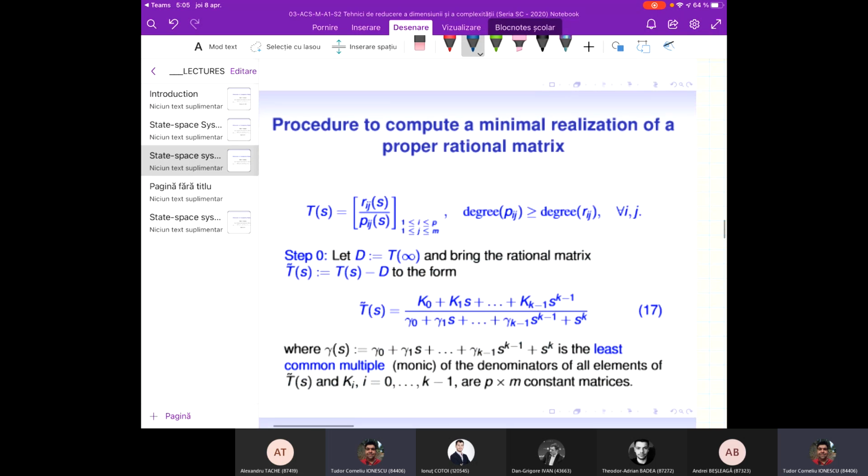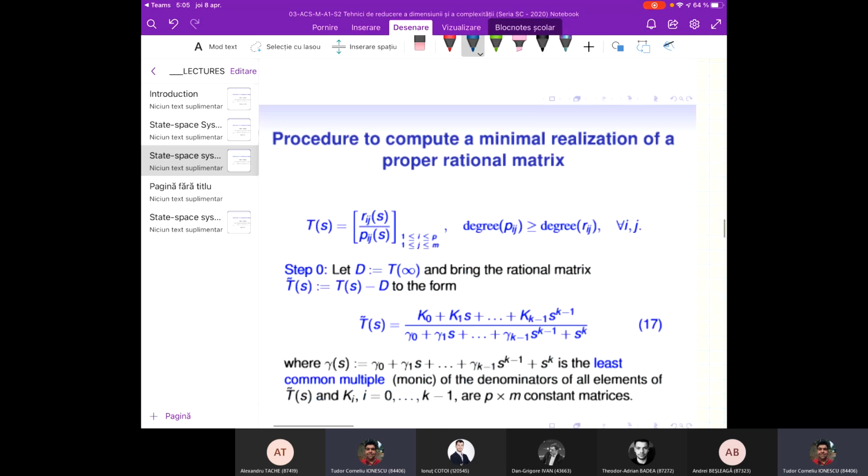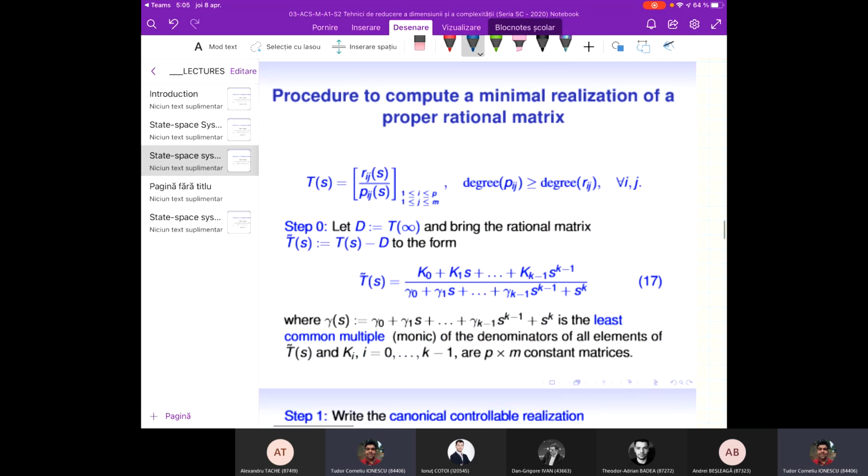And the next result gives a complete answer. This result is the procedure to compute a minimal realization of a proper rational matrix. Assume that you have a proper rational matrix, which is made of transfer functions, which are quotients of polynomials. And assume that the degree of the numerators is always less than or equal to the degree of the denominators. The first step is to